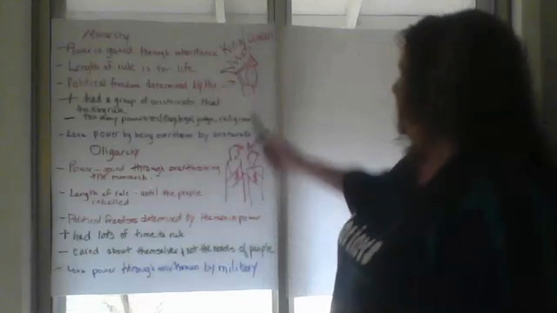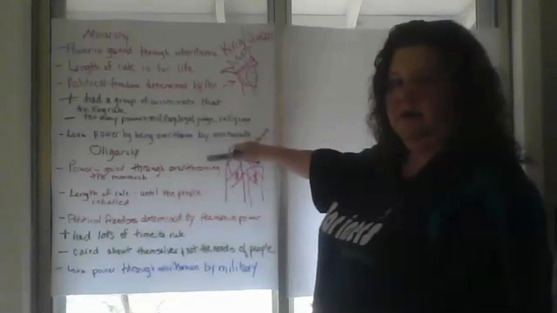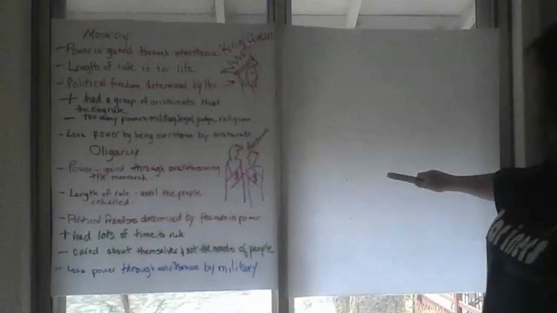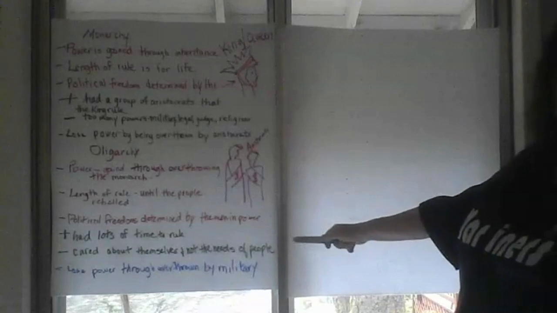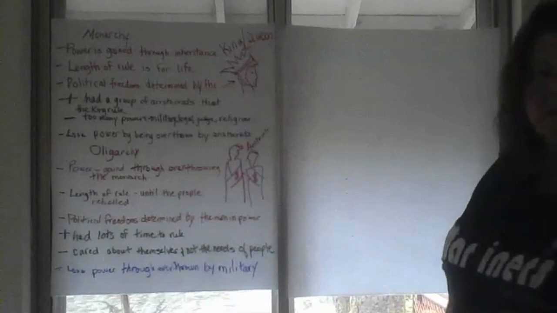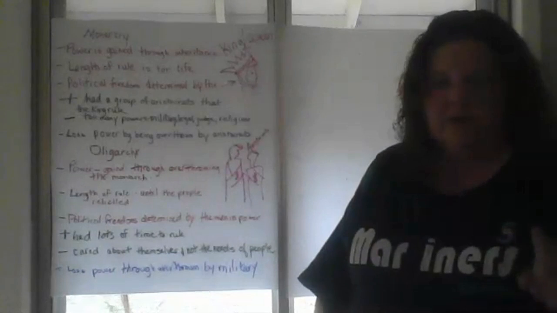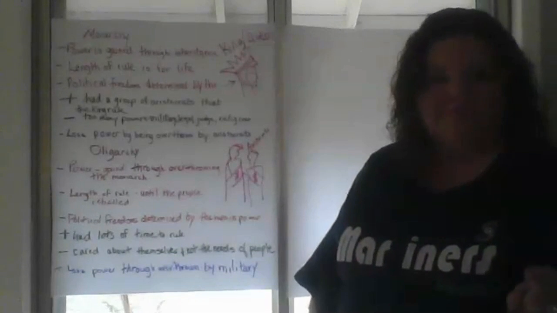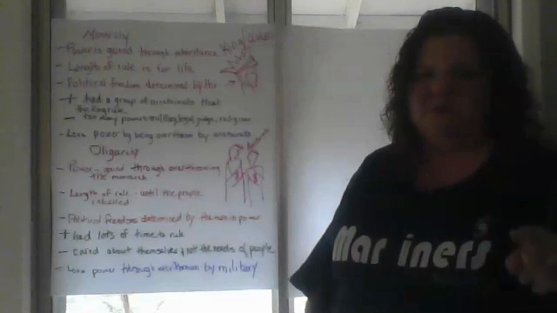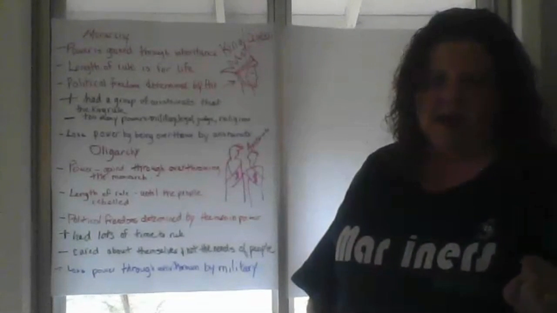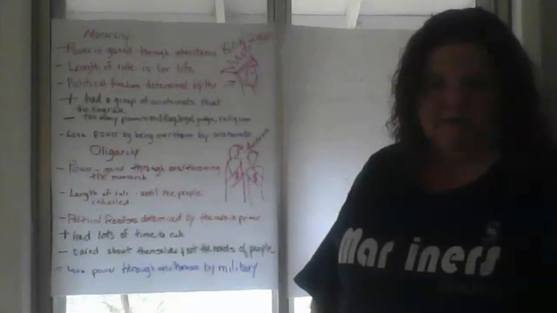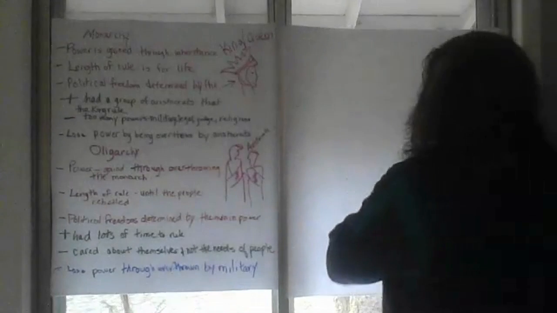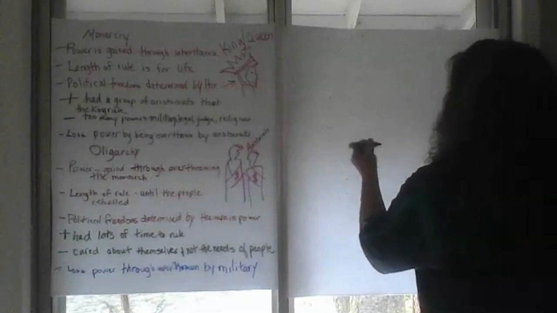All right, so we've got the monarchy that led to the oligarchy. Now we're going to talk about what happened next. When the military took over, usually one military leader would stand out and take control. And oftentimes that person was just hungry for power and didn't have the needs of the people in mind. Okay, this type of government is called tyranny.